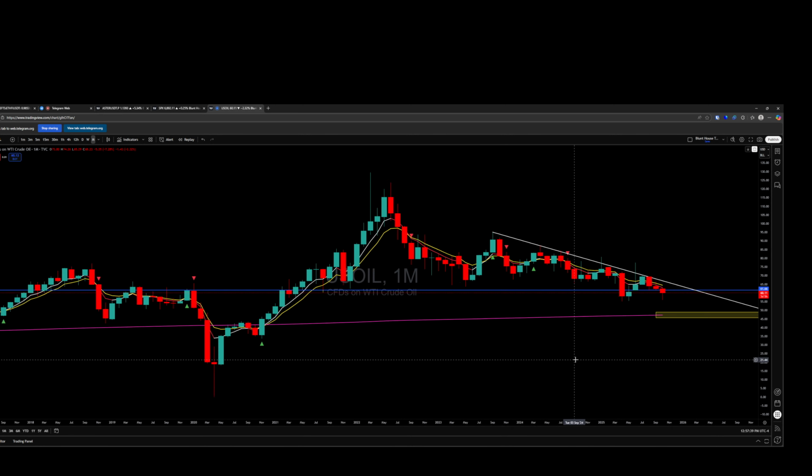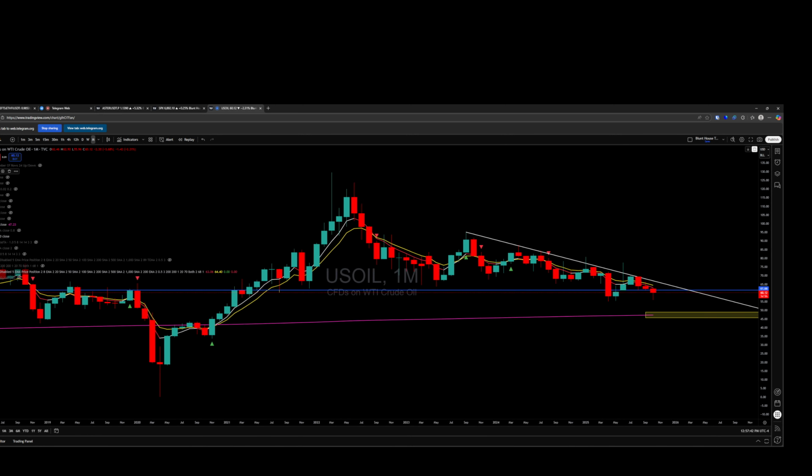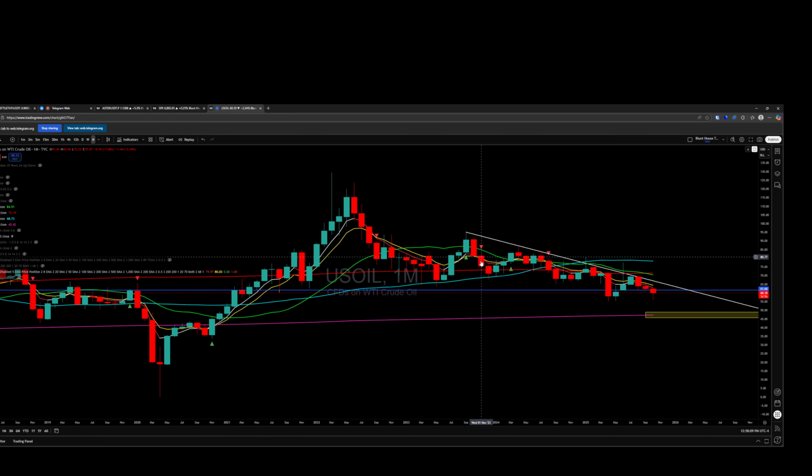And when we overlay a handful of simple things, what am I looking for? We can start to see not just do we have a directional take on where price is going, we also start to have an understanding of where its support and resistance levels are also hanging around. So we know